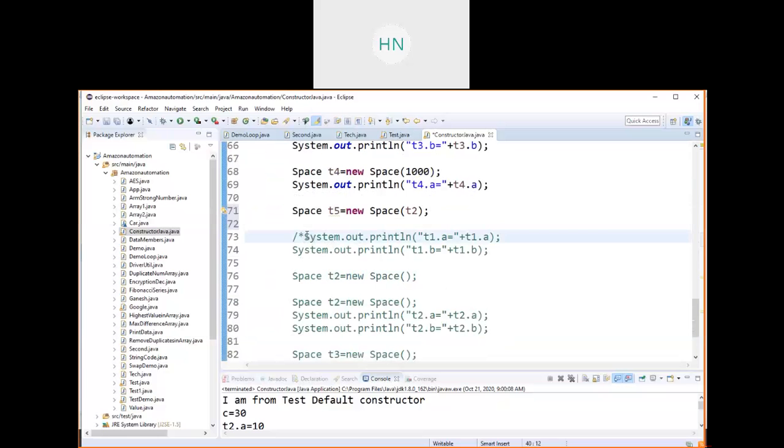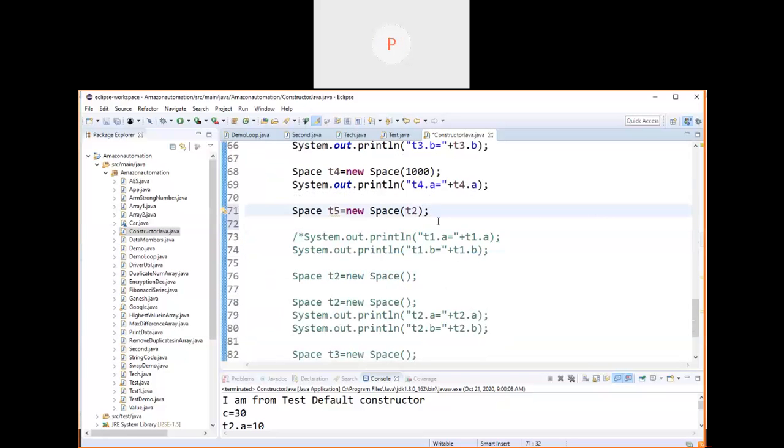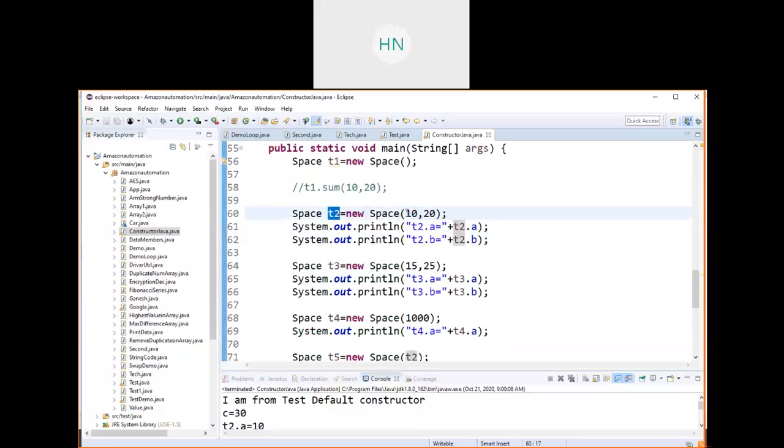I will print both the values. So I will print t5 dot a and t5 dot b. So what values will I get? Whatever values are available inside T2, those T2 values I will get.